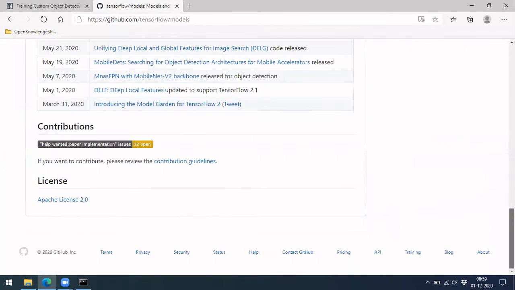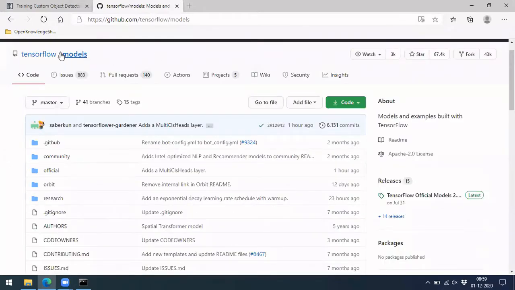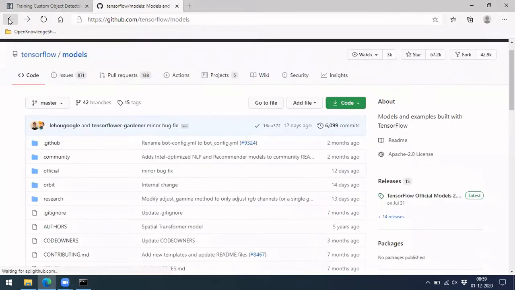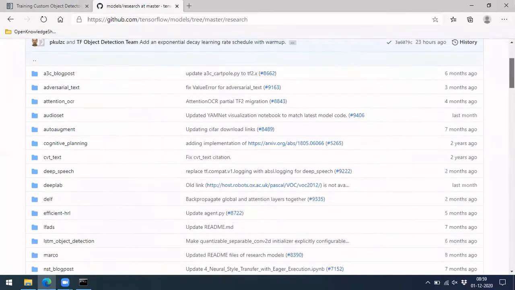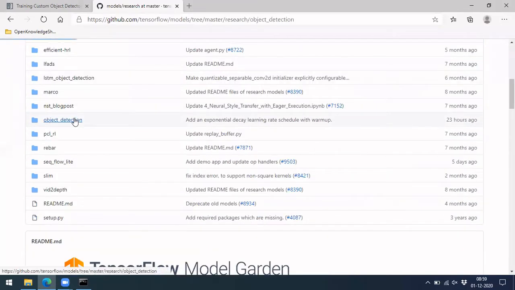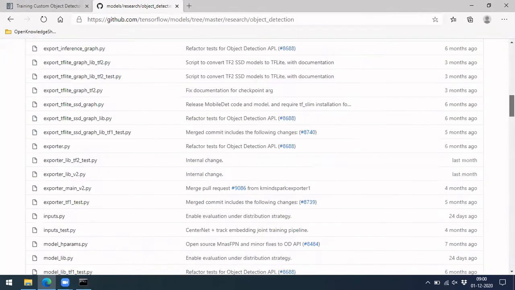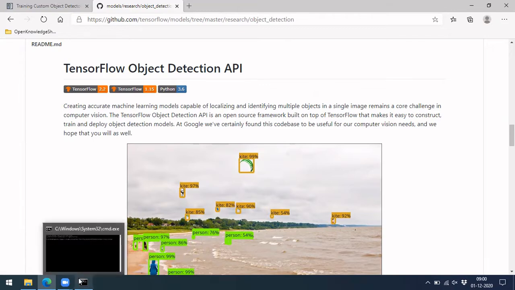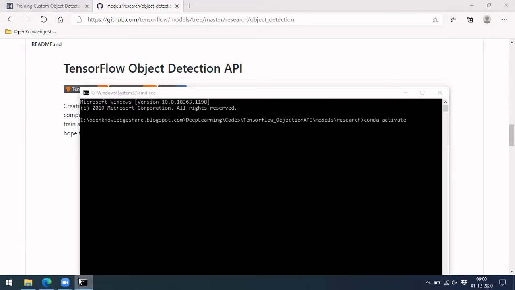It will be within this research, in object detection, where you'll find that these are done for TensorFlow 2.2 version and even 1.15 version. I would recommend you use the 2.2 version because there are more models available and it is much more recent. So let's use the same here.